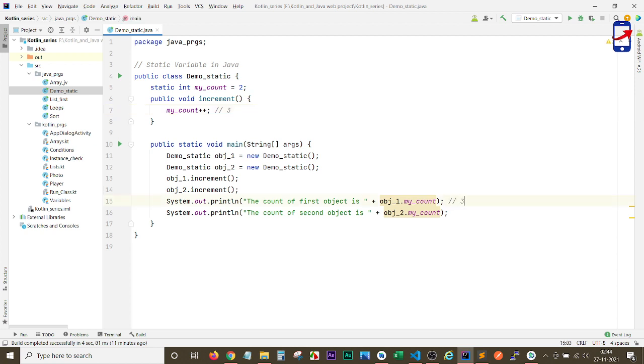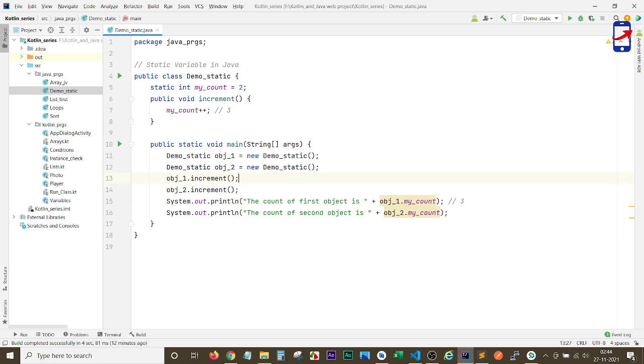But what will happen? Since in a static variable, the variable is shared among the instances or between the objects, the same variable is shared among the objects, so it will increase the value by 1, because again we are calling the increment method.